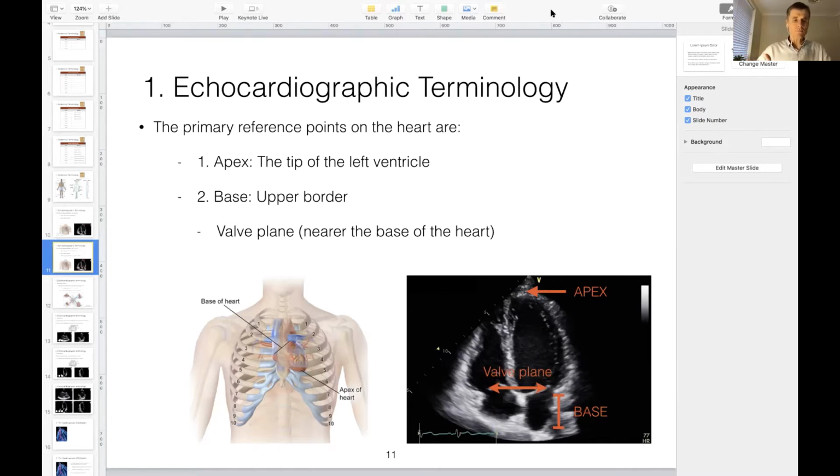And moreover, they're supported by a fibrous skeleton, and that skeleton supports the annulus of each of the valves. So that's another important thing to remember. One of the reasons it is important to remember is that any deviation from that may well be indicative